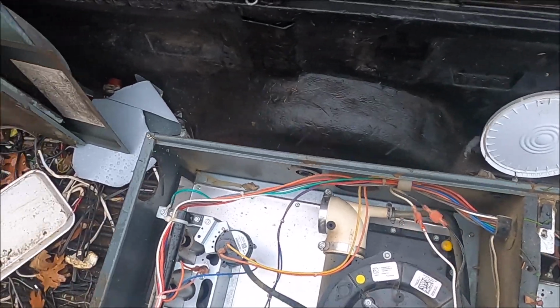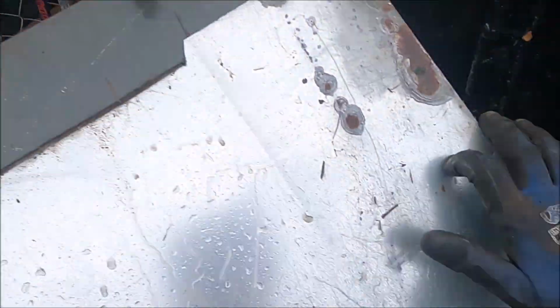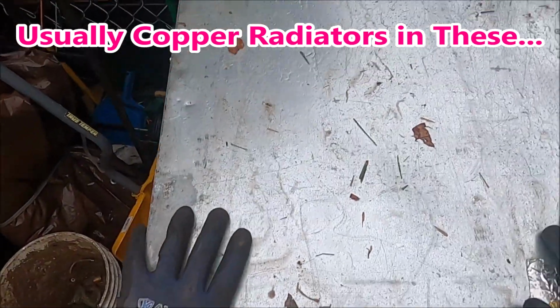It looked like that radiator was aluminum under there, but I'm not sure. It might be. It's an older unit, so hopefully it's copper. We'll find out later. All right, let me show you guys the basement. I got this guy. I took this out. It's pretty much empty for the most part. And this guy,